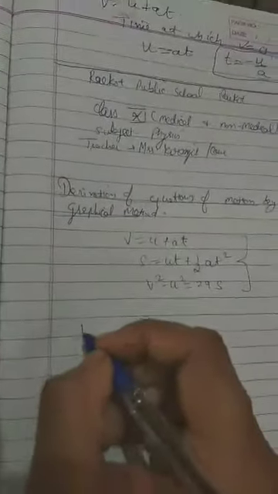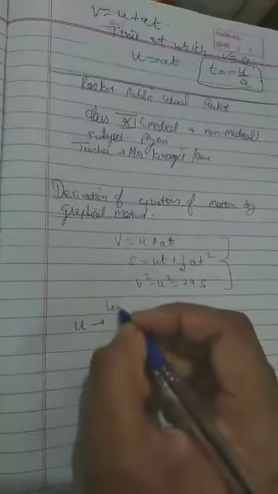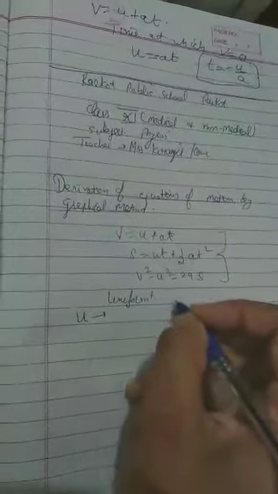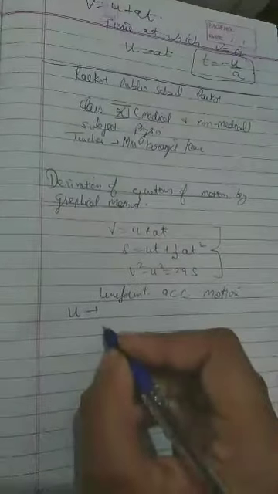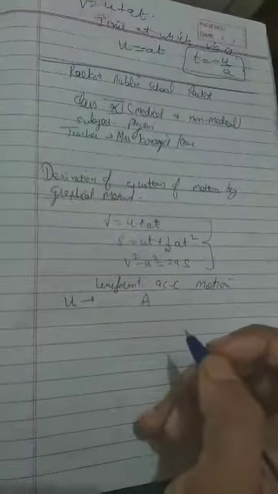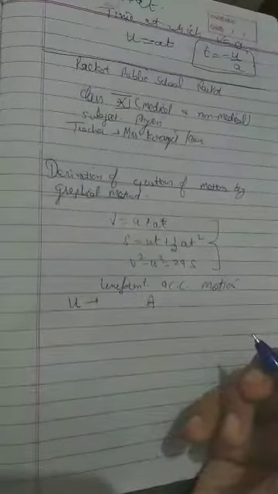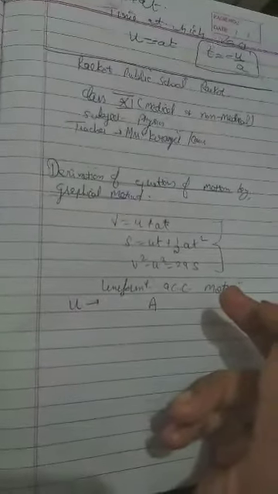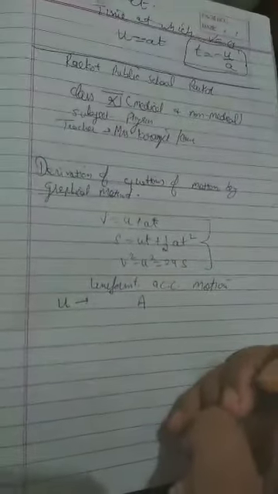First of all, consider that a body is in accelerated motion with the uniform velocity u. Let the object have initial velocity u and uniformly accelerated motion. Initial velocity is u when the object is starting from point A. Draw the velocity time graph. We will draw first the velocity time graph with initial velocity u, reaching another point, let it be B, where the final velocity is v. Now we will complete the graph by plotting parallel lines.